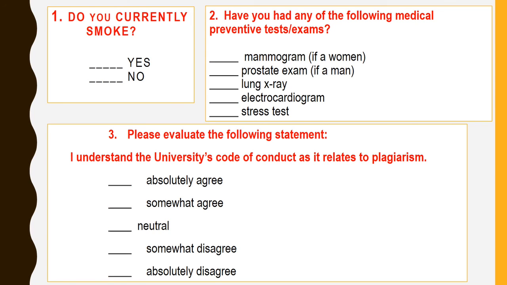So we have discussed three methods: observation, interview, and the questionnaire method. Now I think you have a clear idea of how to collect data in different ways. So that's all about it.